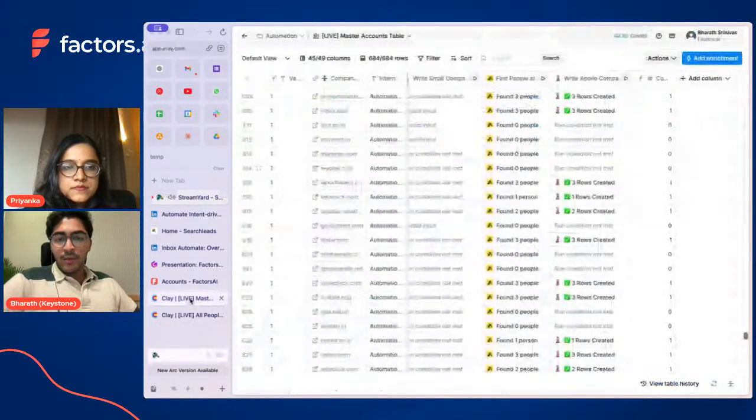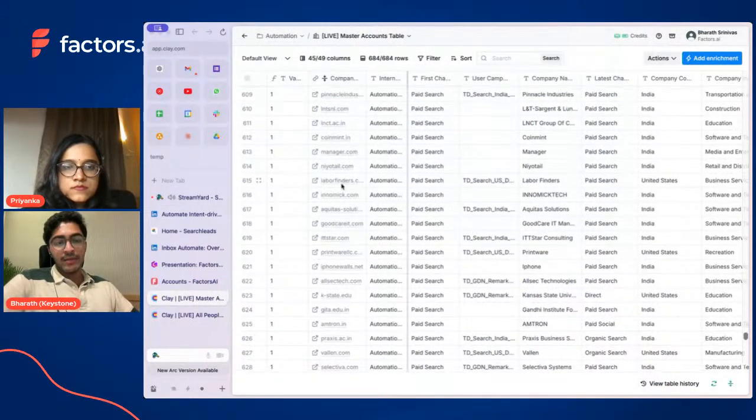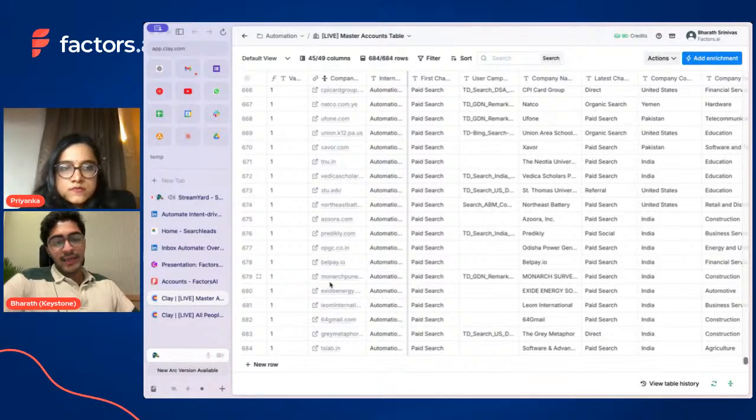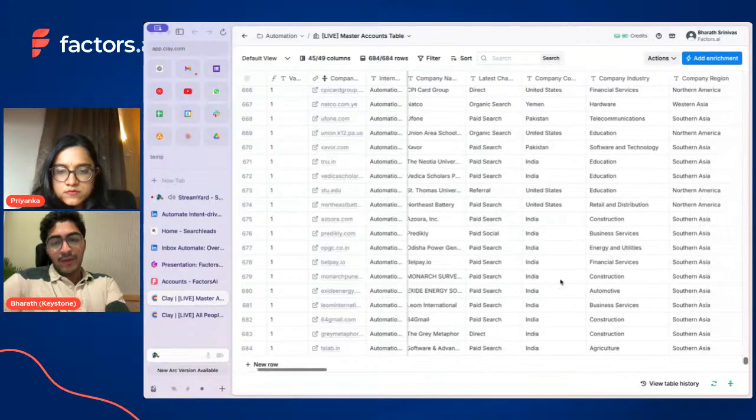So basically, what we're doing here is companies start piling in here based on intent detected on the Factors website currently, and we have some data points that are coming directly through Factors. Right now I'm going to scroll through, so we're just seeing the information that we have.